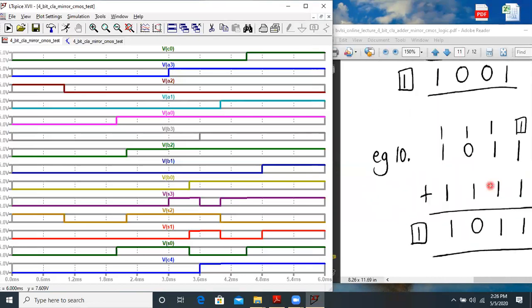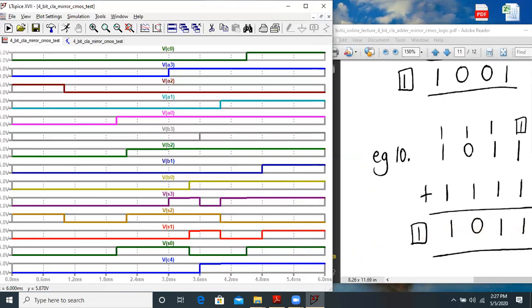Let us check the last condition for us. So the last condition, C0 bit is 1. A3 to A0 we have 1 0 1 1. So that is correctly written on the right hand side of the PDF. Next is B3 to B0 we have 1 1 1 1, and that is also correctly written. Now the sum bits S3 to S0 will be 1 0 1 1, and the C4 bit is also 1. So here we have C4 bit as 1, and we have 1 0 1 1.